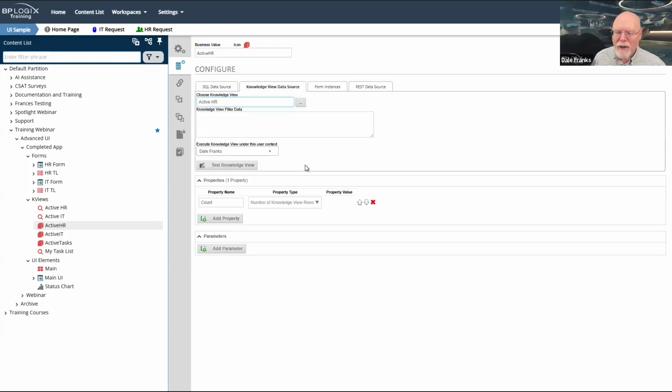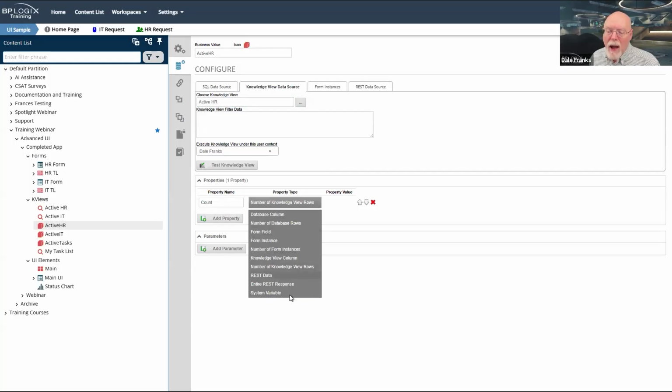So that's how I have it set here. And then for the properties, they only have one property, and it is called count. Now that I know what knowledge view I'm pulling the data from, I don't want to pull a knowledge view column. In this case, I just want to pull the number of knowledge view rows.